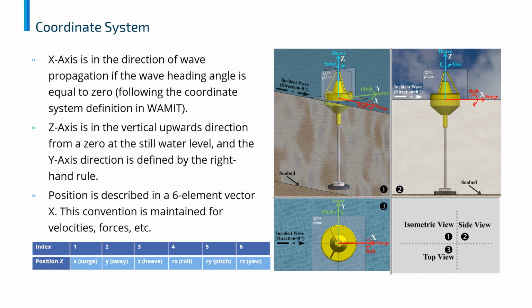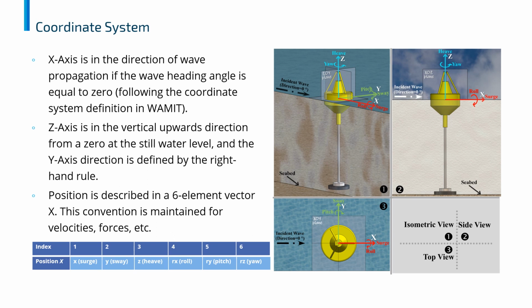To start, we want to ensure that users know the coordinate system that WEC-Sim uses. On the right, we have three images of an isometric, side, and top view of a sample wave energy converter that consists of a floating body that is attached to the seabed. The positive x-axis follows the direction of wave propagation. That means that waves will be coming from the negative x, hitting the body, and exiting